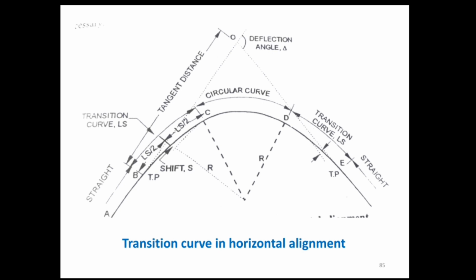Here, if you see, if a vehicle moves on a straight road, say from A to B, then for the vehicle to smoothly come onto a circular curve at points C to D, it is important that there is an introduction of a transition curve. As you can see from the figure, B to C and D to E are the transition curves, which make sure that the vehicle travels without any lateral jerk to the passenger and without causing any discomfort to the driver while driving the vehicle at these points.